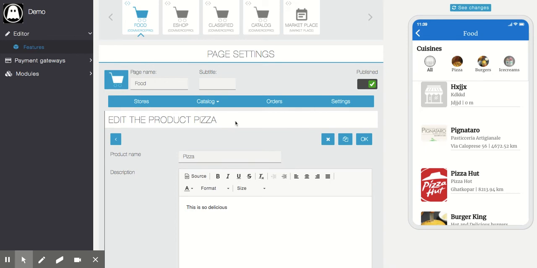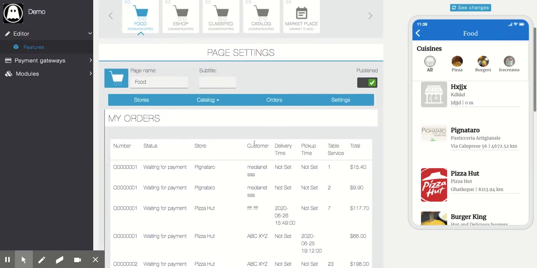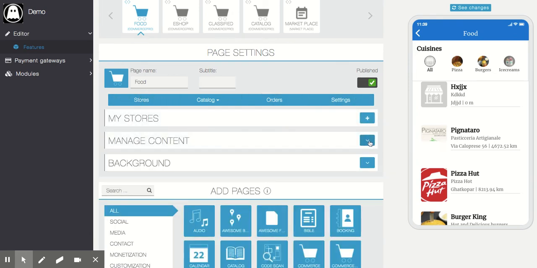One more thing: in the basic m-commerce module, you are allowed to add this module just once in an app, but in Commerce Pro you can add it multiple times, and all your data related to products, categories, everything is separate from each other. So it is not going to mix, and you can use different modules for different purposes.